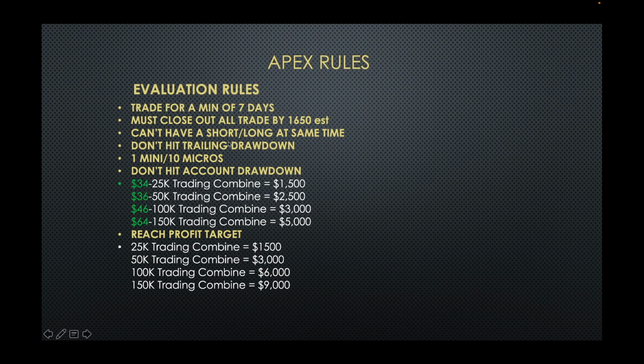Don't hit your trailing drawdown. Again, this is a trailing drawdown. That's the main rule, really, is don't hit that trailing drawdown. And what's the difference of that rule from having a personal account of $2,000? How much are you willing to lose before you say, okay, I'm done trading? So that's the whole concept where people say there's too many rules. Really, the main rule is don't hit the drawdown.